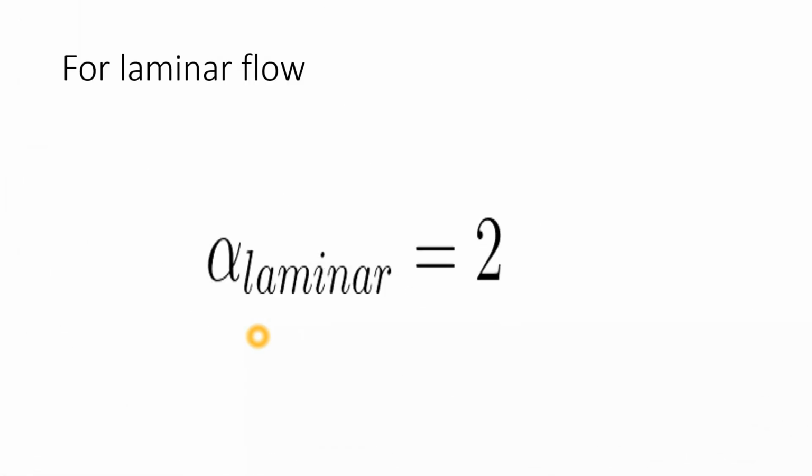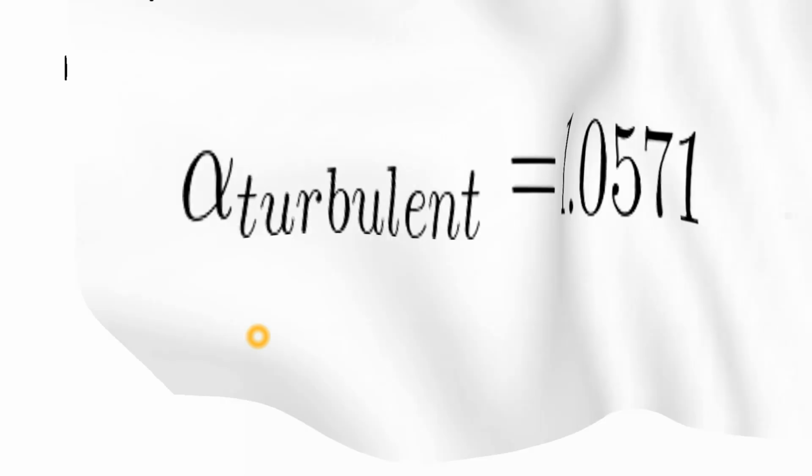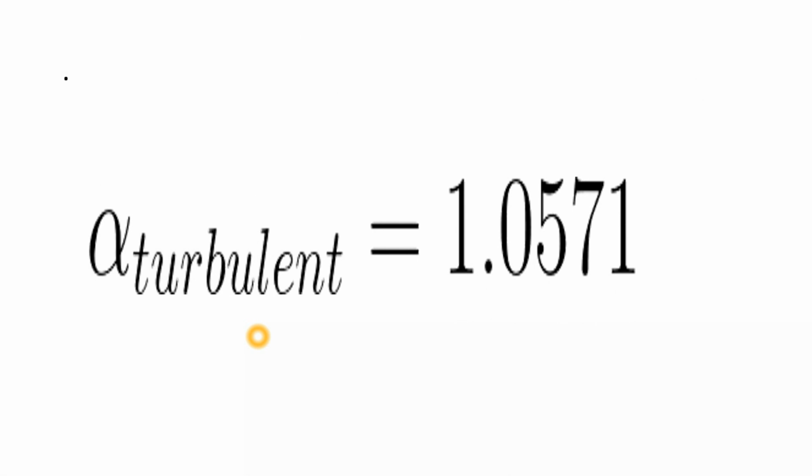And for laminar flow, we know very well alpha laminar is equal to 2. The correction factor for laminar flow is always 2. You can read it in McCabe-Smith or other books, they have given alpha laminar is equal to 2. Generally for alpha turbulent we take 1. If we know alpha turbulent and alpha laminar, we can just guess the answer 1/2, and we will get the answer 0.5.